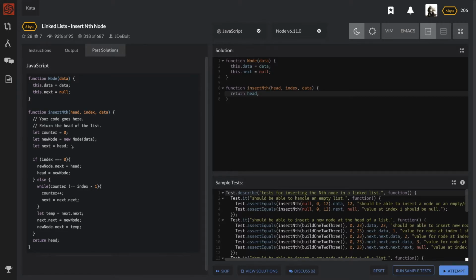So the counter is at 0. The new node is creating a new node. This is how you create that new node. Next is going to be equal to the head, so this is pretty much another node that's been created, but it has the value of the head already. I have an if statement here and a return head way down here, at the end of the function, where we're just going to return the head. And so what happens here is if next equals 0, so pretty much, if index is equal to 0, so index 0,